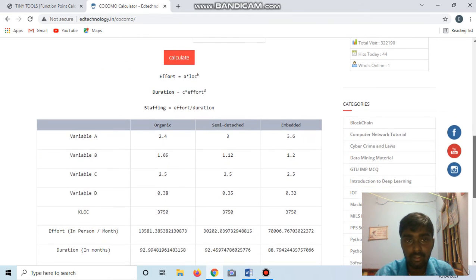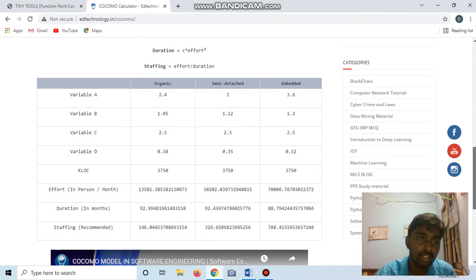Once I give the value and run the calculation, it shows the variables for organic, semi-detached, and embedded. Variable A: 2.4, 3, 3.6. Variable B: 1.05, 1.12, 1.2. Variable C: 2.5, 2.5, 2.5. Variable D: 0.38, 0.35, 0.32. KLOC 3750, 3750, 3750.